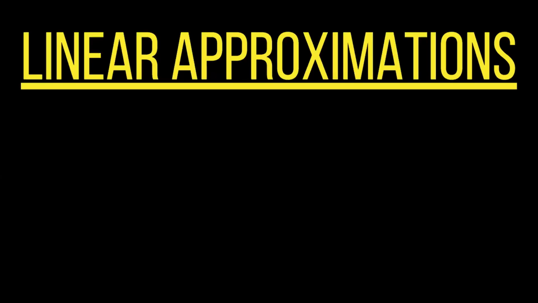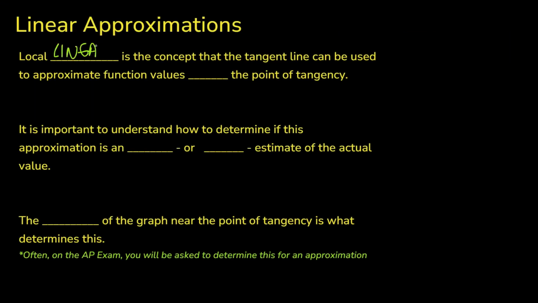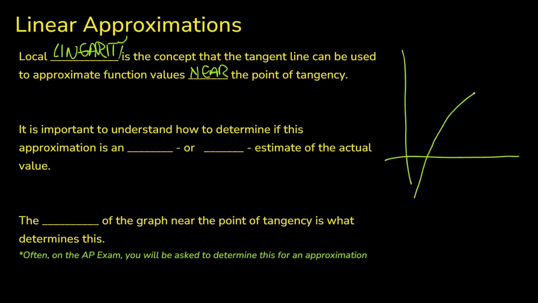All right, guys, Mr. Antonucci here, and in this video, we're going to talk about linear approximations. Local linearity is the concept that the tangent line can be used to approximate function values near the point of tangency. So if I have the graph of a function f of x,